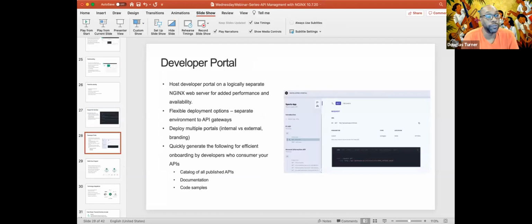Then we get into the developer portal. The developer portal is where we've set up a virtual server that is basically a web server, and that server can be used to host developers, either internal or external, giving you the ability to brand it that way and to quickly generate and follow up on onboarding. So part